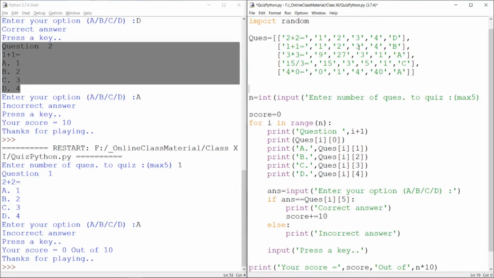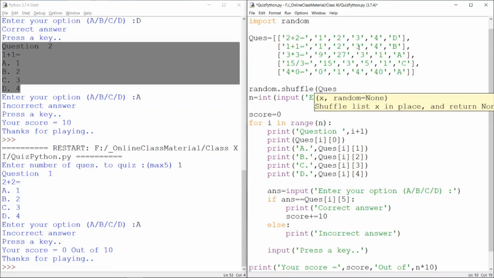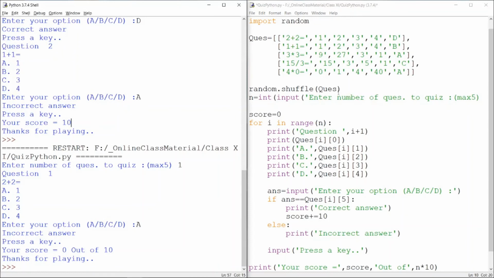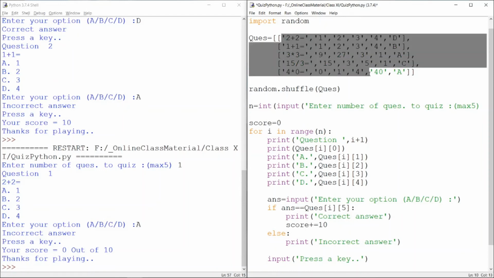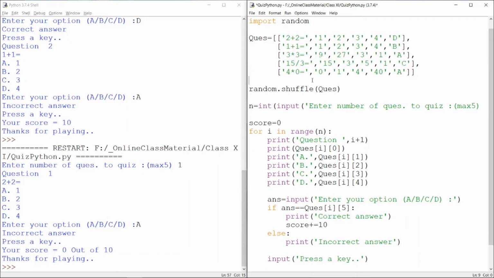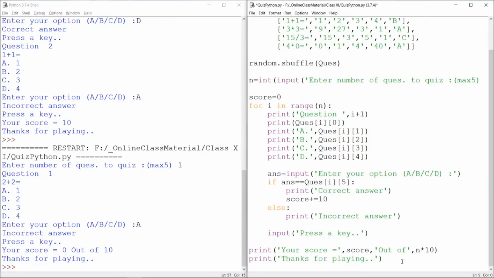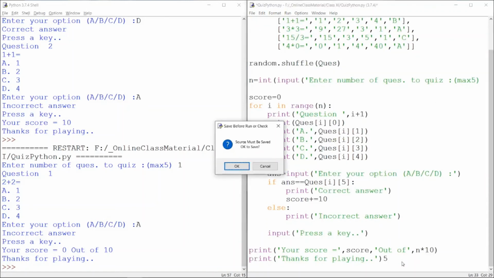So this list we can shuffle. random.shuffle is the function under this random module. So this list, that is the question list, we have to shuffle, right? Now the more questions you have, the better it will be, so that every time it looks as if a new question is coming up. Suppose you have 100 questions stored and user opted to play 5 questions. So maybe first 5, 7, 10 times he will see different questions. Okay. Now let us run this.